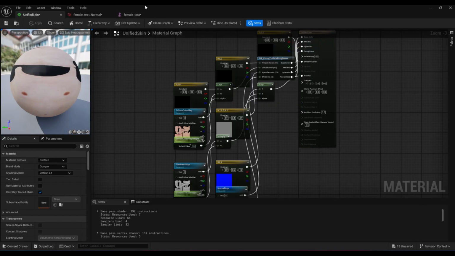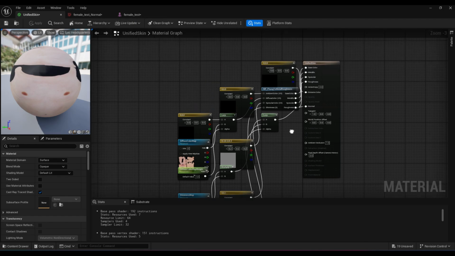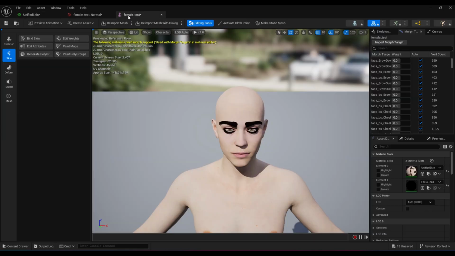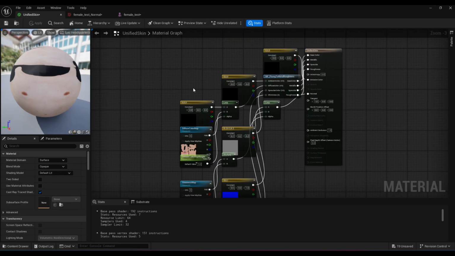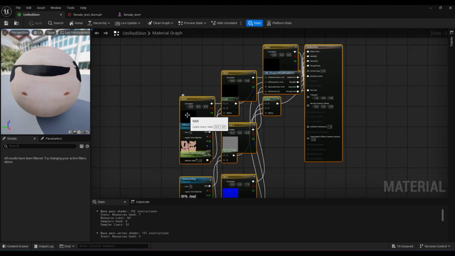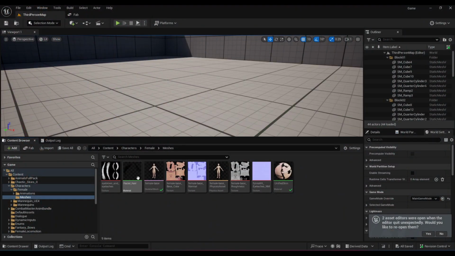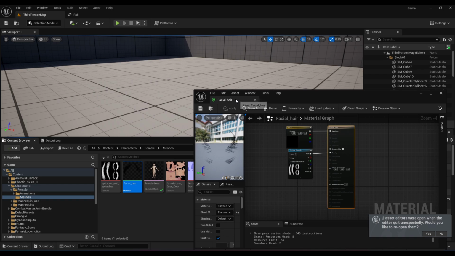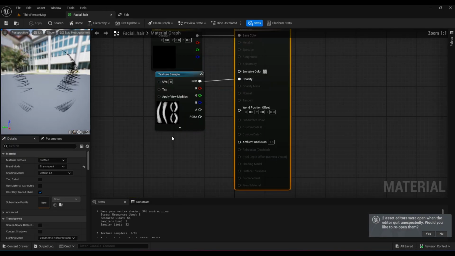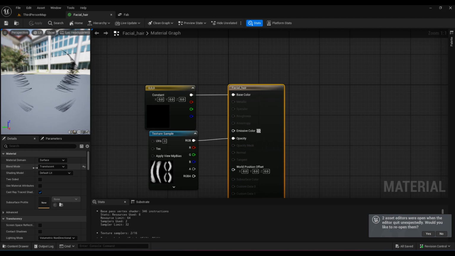Okay, so now if you open the materials, you will see that they are a bit chaotic, so you will need to fix them. You will see that the eyebrows and eyelashes don't work, and the skin texture should work, but we can improve it even more. So I already did it in another project. I will show you how it should look. This is the facial hair. It's super simple. The important thing is that you set the blend mode to translucent and shading mode and surface,